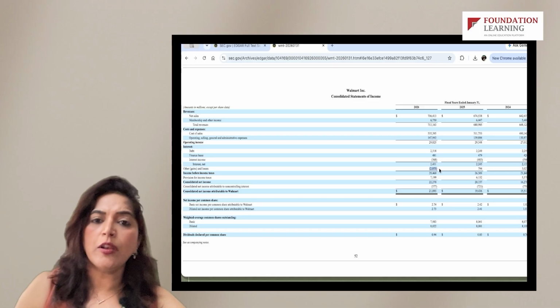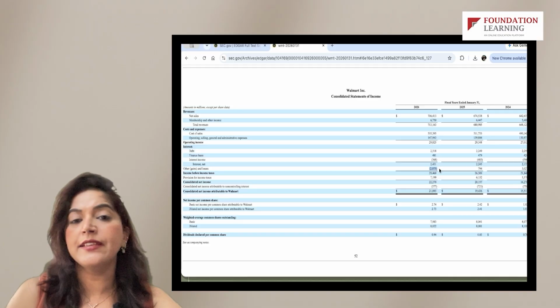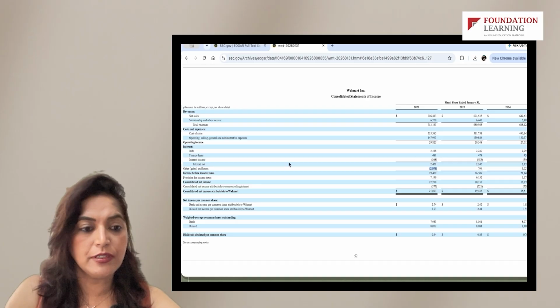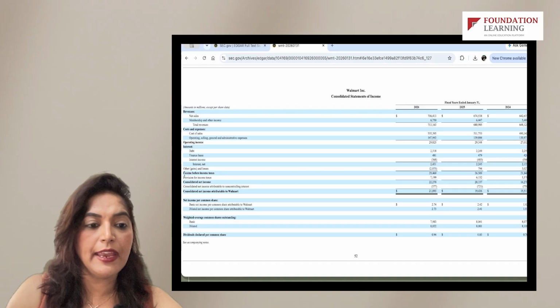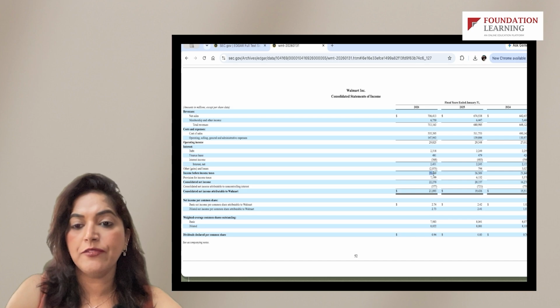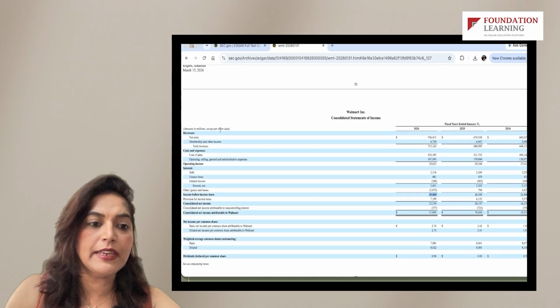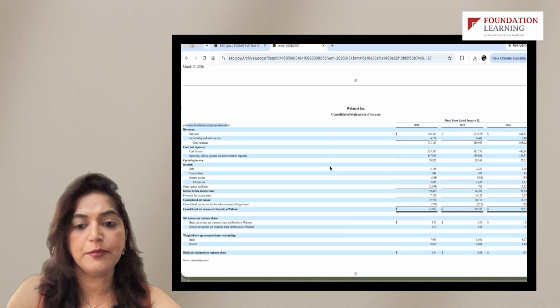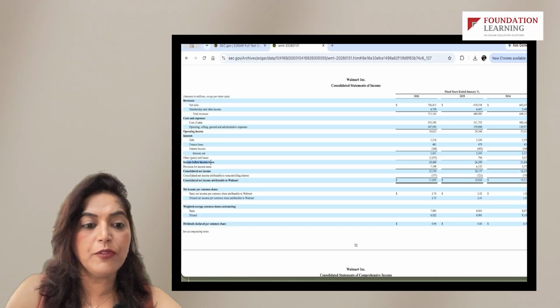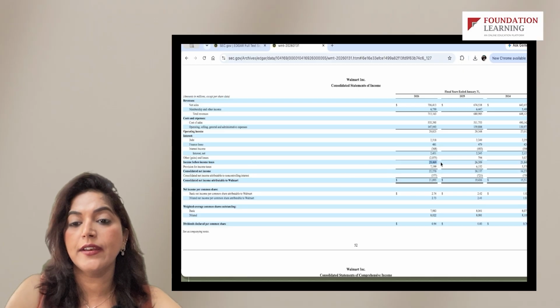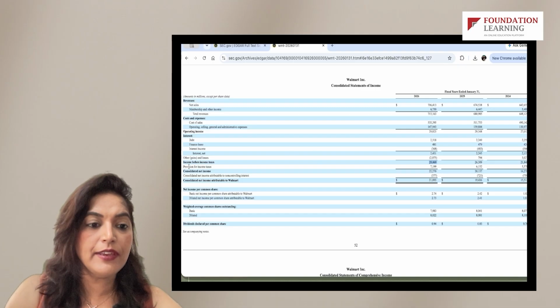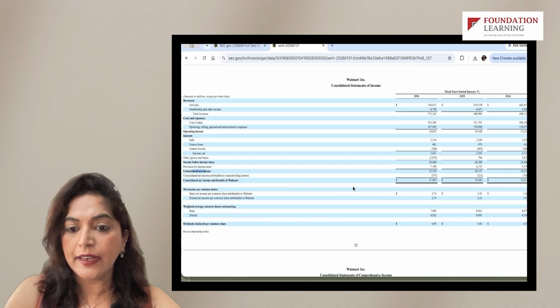So the other gains and losses figure is around 2075. So Walmart as a whole would have made certain other gains or overall losses. Here in this case, it is gains. So it's kind of a positive figure. It is offsetting the interest expenditure. This helps us arrive at income before income taxes, which is $24,469 million, right? They would have mentioned it somewhere, yeah, amounts in millions except per share data. So income before income taxes is $29,469 million. Then we have provision for income taxes, which helps us arrive at consolidated net income, which is